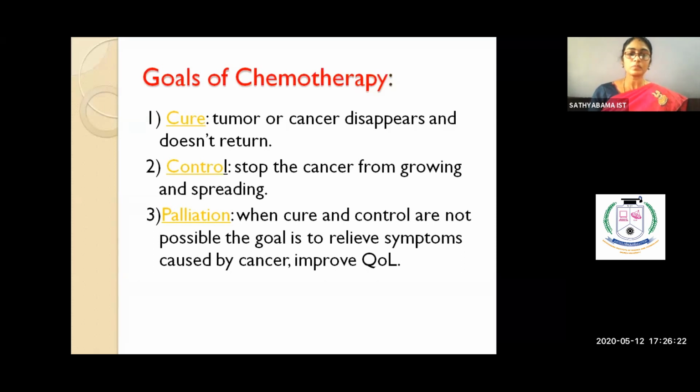And then we have palliation. Palliation is the condition that applies when they are in the last stages. You have different stages of cancer, right? Stage 1, stage 2, stage 3. At the end stage of cancer, you cannot control anything, you cannot cure anything. All you can do is give them some medicine so that they don't feel much pain. It is the end. There is no solution for them. But till the end of their life, you have to give them some kind of treatment, right? So you try to improve the QOL. QOL is nothing but your quality of living.